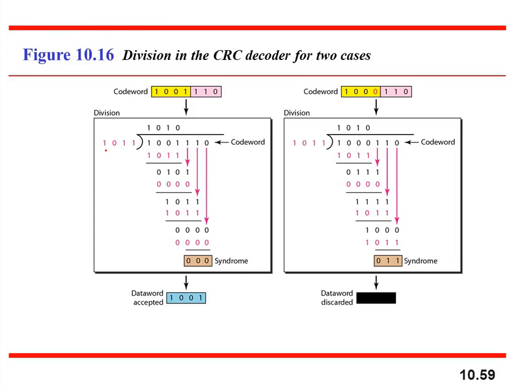You start with the first bit 1, hence you take 1 as a quotient, so 1 into 1011. Now the leading 1 you are going to discard because it is going to give a 0 outcome, so this we are not going to consider. So next 3 bits, you simply XOR it. 0 0 is 0, 0 1 is 1, 1 1 is 0. Now this one from the code word you will take as it is.